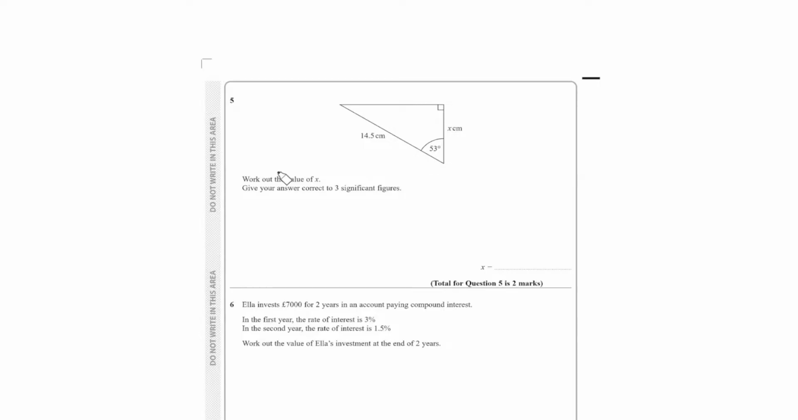So I tend to label the 2 sides that are relevant. Obviously the 14.5 is relevant because they've given it to me. And then the other side that's relevant is the one I want to find out, which is the adjacent. It's next to the angle. So that tells me I need to use cos. I like to use the formula triangle. You can do it however you want. We're looking for the adjacent. So that means I need to do